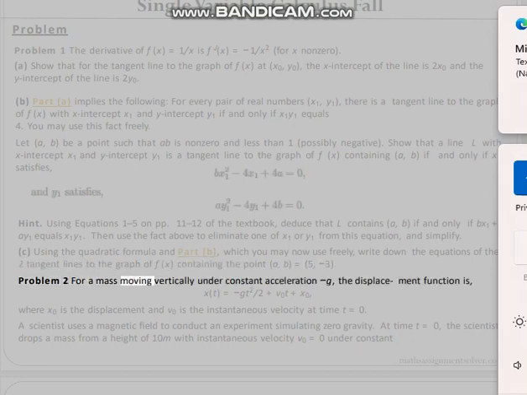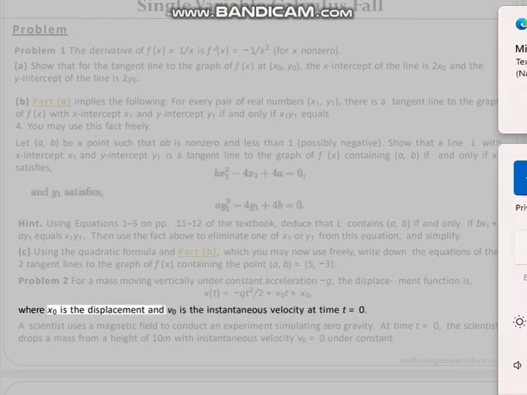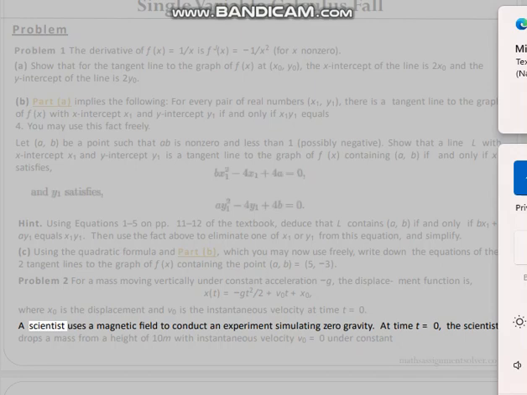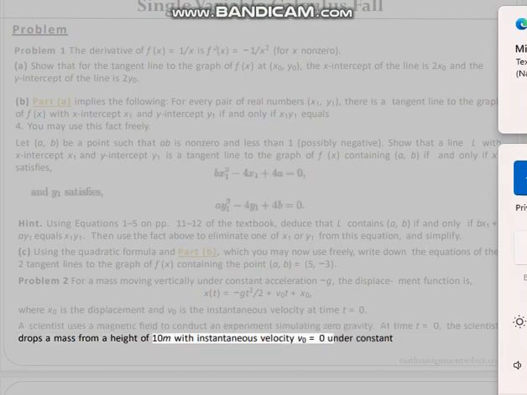Problem 2. For a mass moving vertically under constant acceleration -g, the displacement function is x(t) equals -gt²/2 plus v0t plus x0, where x0 is the displacement and v0 is the instantaneous velocity at time t equals 0. A scientist uses a magnetic field to conduct an experiment simulating zero gravity. At time t equals 0, the scientist drops a mass from a height of 10 m with instantaneous velocity v0 equals 0 under constant